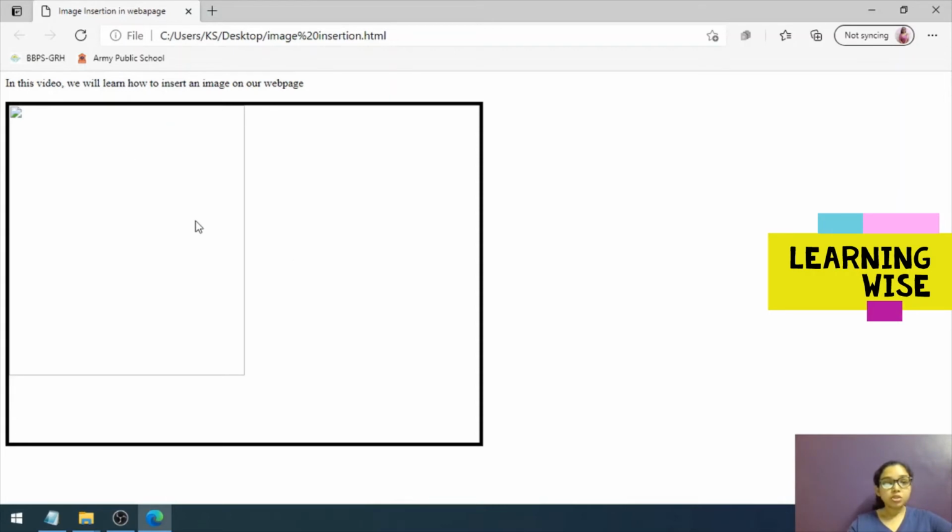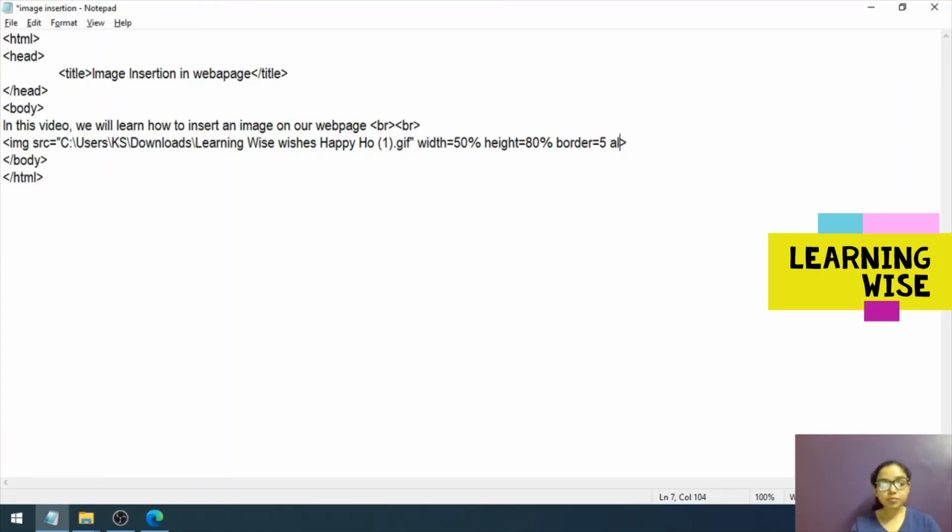Now what will happen when you put an ALT tag and hover over the image on the web page? It will show you a message. So this is the purpose of the ALT tag. This is the alternative text which will appear when your image does not come over the web page. So let's try putting it. ALT is equal to, image is not visible due to some error, and quotation marks close.